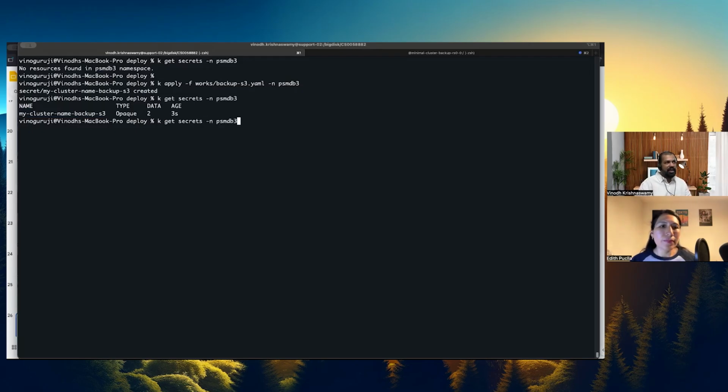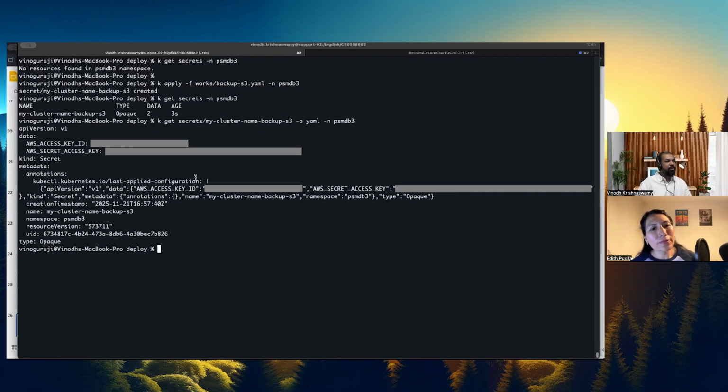If you want to see the detail of that, you can see that with -o YAML output. With -o YAML output, you can see the base64 encoded version of your ID and password, so you cannot use this directly. This is the AWS key and the secret created. And as I said to you already, please make sure that you match this particular name in the cr.yaml. That file I have already edited and created here,